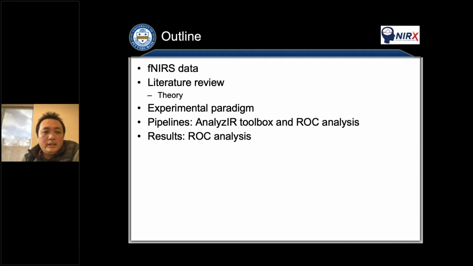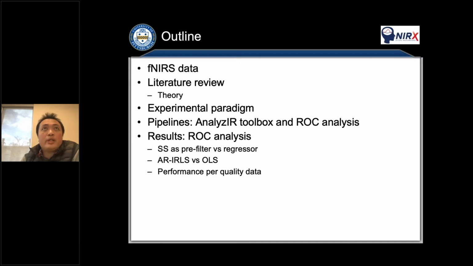In the results, mostly using ROC analysis, the first result will show the benefit of using short separations as prefilter versus regression. I will also show the performance comparison between autoregressive and OLS. I will also explain the performance per quality of data for the short separations data.